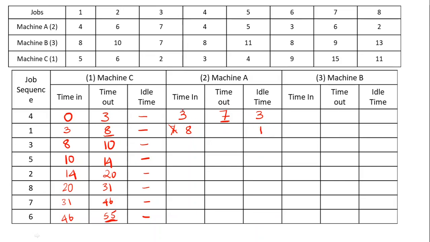I'll repeat what I said once again. In the previous process, at the 7th hour, job number 4 is done, completed with mission A. But can we start the next process at the 7th hour? It cannot be started. Reason: job number 1 takes 8 hours in mission C. So only at the 8th hour can it go to the next process, which is mission A. That is the reason why you have 8 over here, which means this mission has completed the work in the 7th hour but can start the next work only at the 8th hour. So it is going to be idle for 1 hour. So that is what we have written over here.